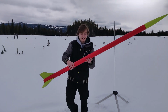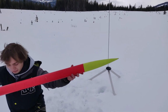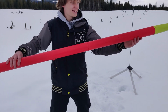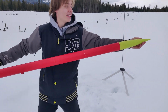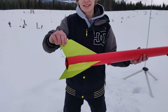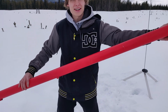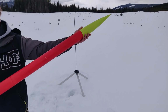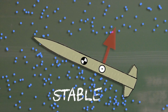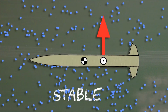To start, we have two main lifting forces on the rocket. Anywhere there is a curved surface, you will have a lifting force. So along the nose cone here and along the fins in the back, we will generate lifting surfaces. Because this is in the front of the rocket, we don't want lift here. Any lift or drag will cause stability, and we want stability ideally in the back because we want this thing